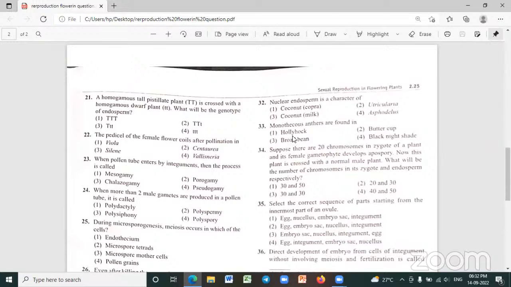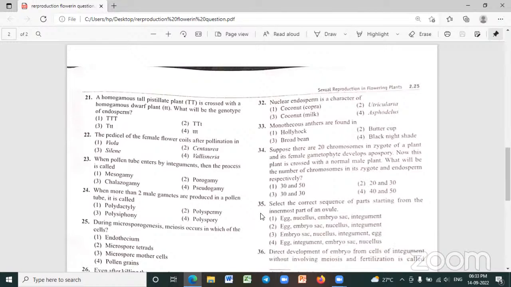Suppose there are 20 chromosomes in the zygote. Zygote contains 20, meaning 40 chromosomes are present in it. From this, we will get the gamete chromosomes, 50 percent. Like 23 means our zygote contains 46 chromosomes, isn't it? Likewise, male contributes 10 and female contributes 10, so 10 plus 10, 20 it comes. So here 20 is the correct one. The apospory means it gives another 10, so it is 20 and 30. This is the correct answer. So the remaining ones are not possible.